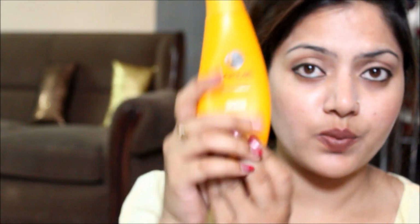I thought of buying a new thing, and I just featured this in my recent haul video as well. I got Lakme Sun Expert Fairness UV Lotion with SPF 24 and PA++, which provides me protection against UVA rays as well, and SPF provides me protection for UVB, and this is a broad spectrum sunscreen. It just blends so easily with my skin. It's not like I am struggling hard to rub it in and waiting for it to get absorbed in